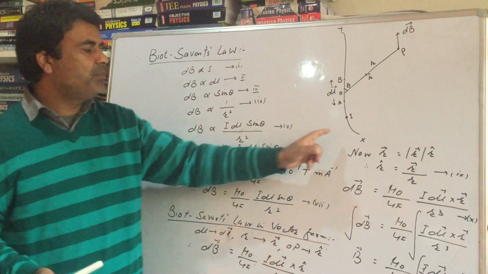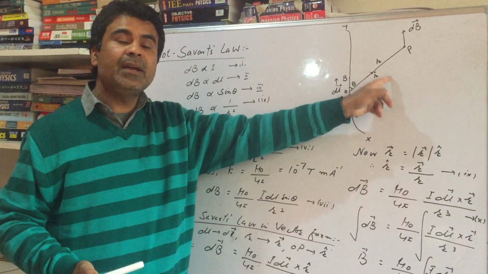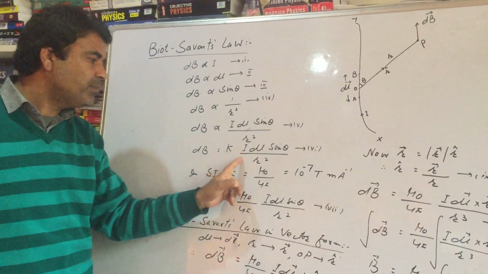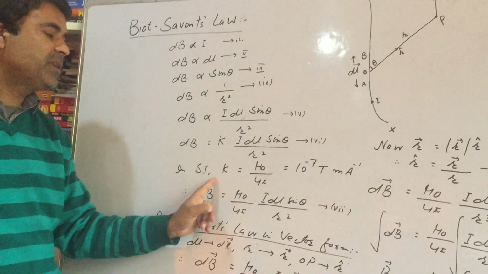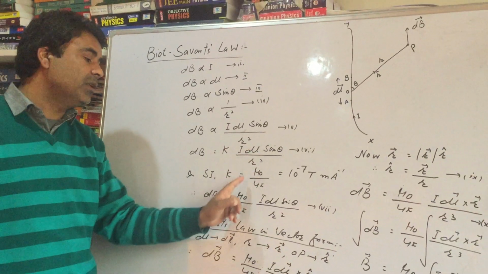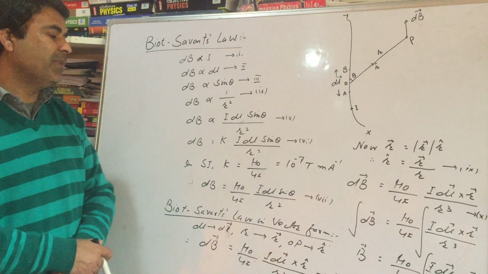Suppose that the medium between the conductor XY and the point of observation P is vacuum or air, and the system of units used to measure the quantities involved in equation 6 is the SI system. Then the value of k is found experimentally to be equal to mu 0 by 4 pi. Its value is equal to 10 raised to power minus 7